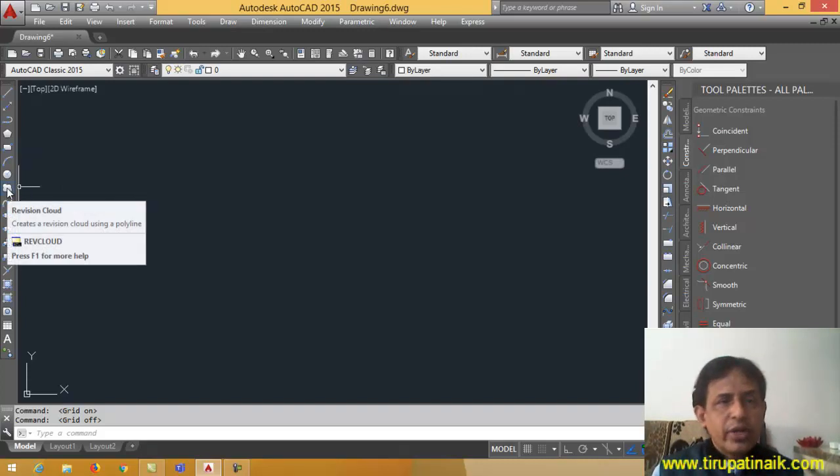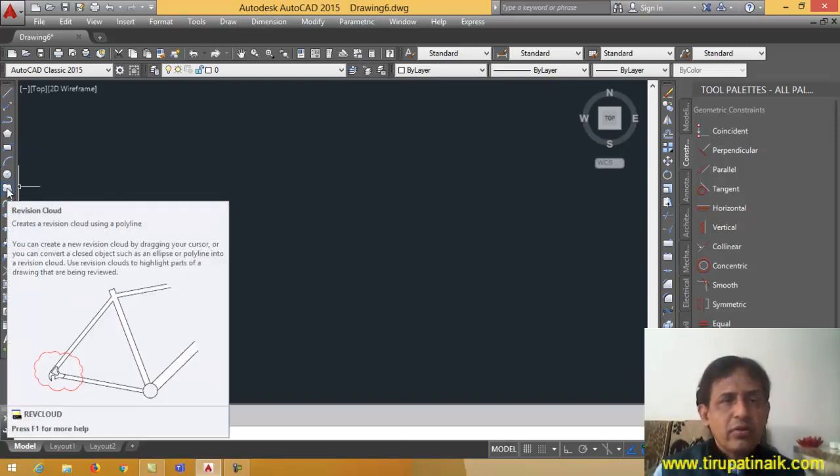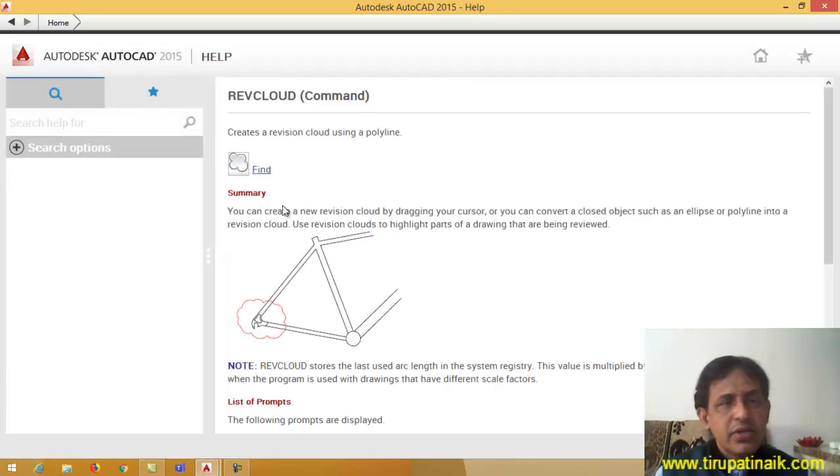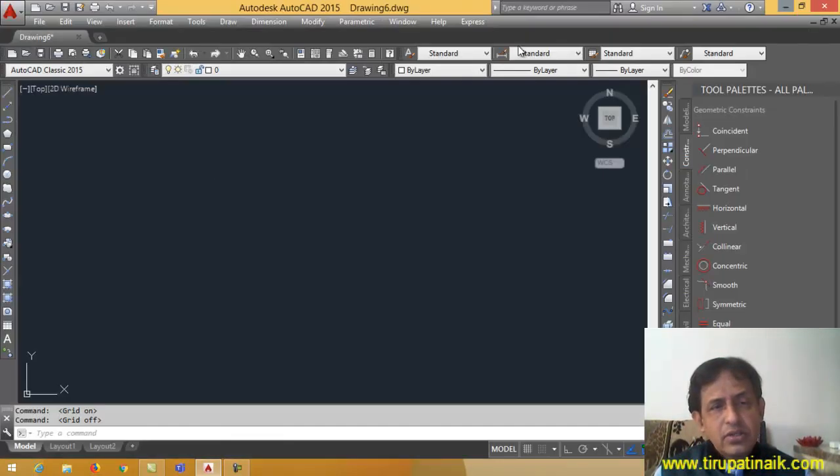Okay, so today we're going to learn about various commands, that is a revision cloud. This revision cloud is basically used for defining a detailing of the drawings. Like this is a particular design of pipe or bicycle structure. In this particular portion, I want to define a detailing. I want a detailing of this drawing. So I have to define it like this is called a revision cloud, like an arc shape, a polyline. So this particular object, how to create that, I'm going to show here.